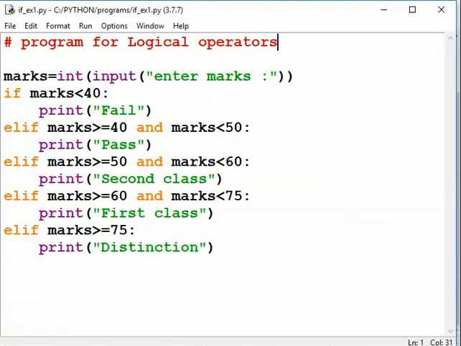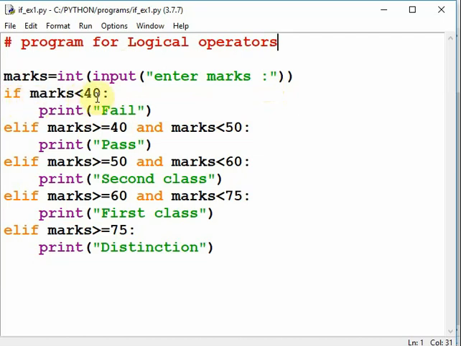Now this is the second example. This example explains the use of logical operator AND. See, marks equal to int in bracket input enter marks. Here the number of marks will be stored in the variable marks.